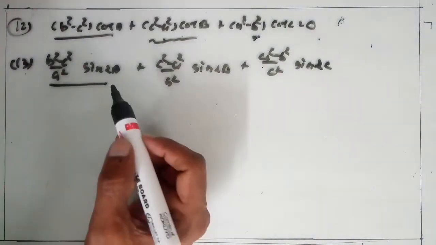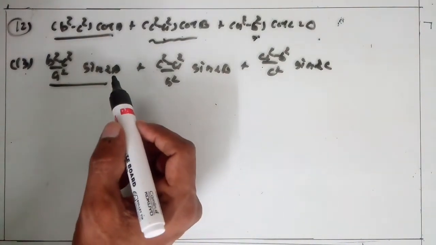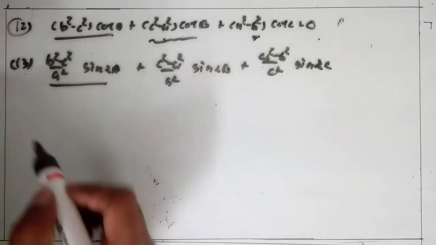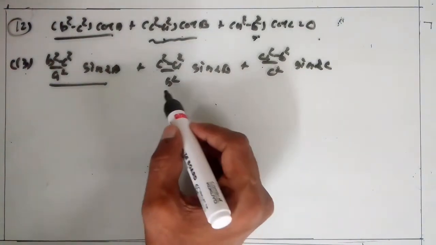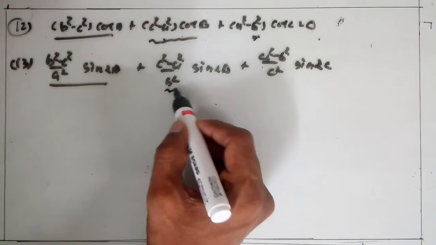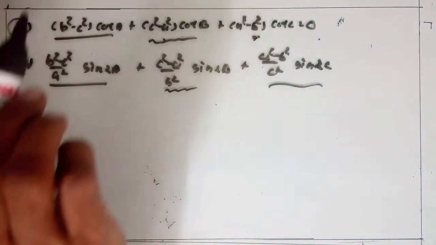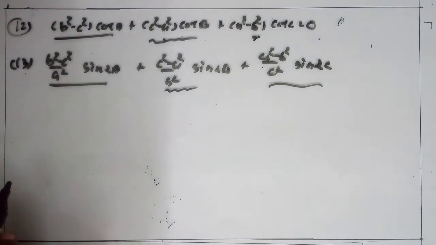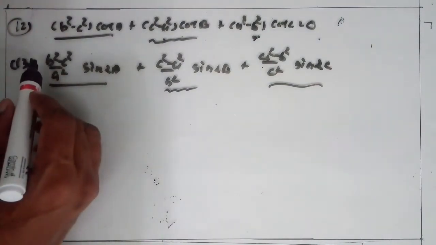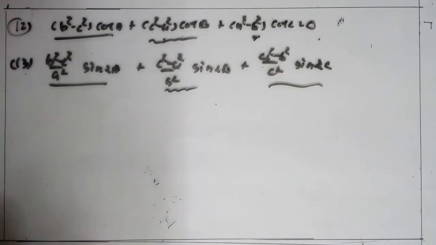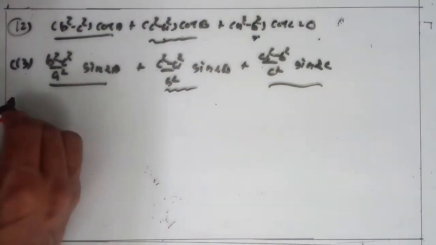Here, first simplify this, get some terms, and applying the same method, write similar terms for the other two terms, and take the addition of all. We get 0. Clear this? Apply the same method as we applied in question number 12. Easy question. Now the last question, number 14.